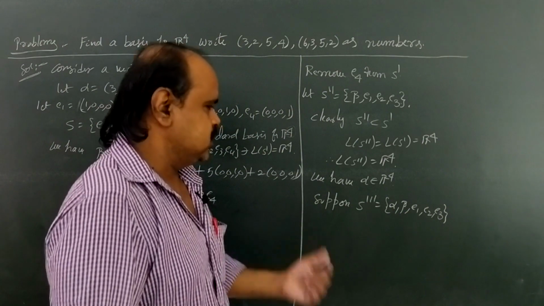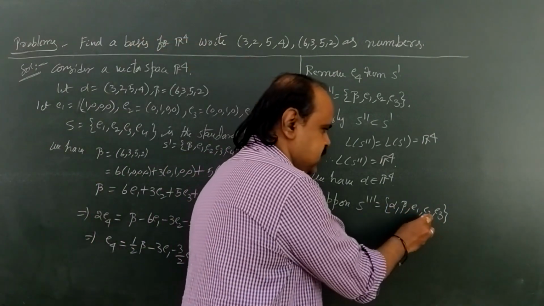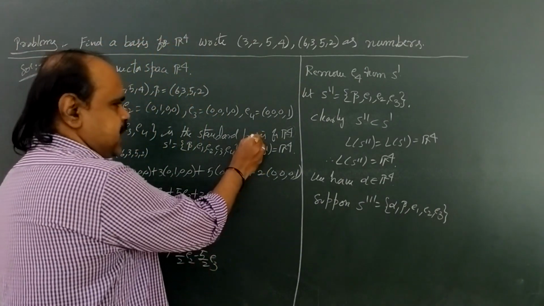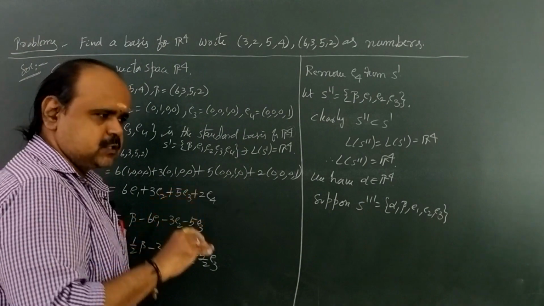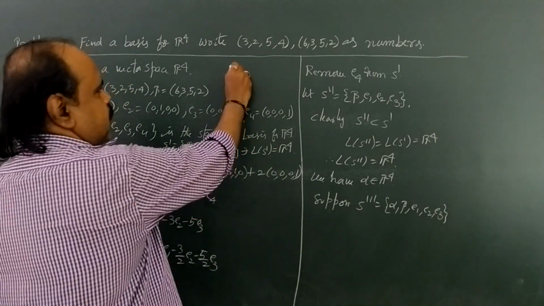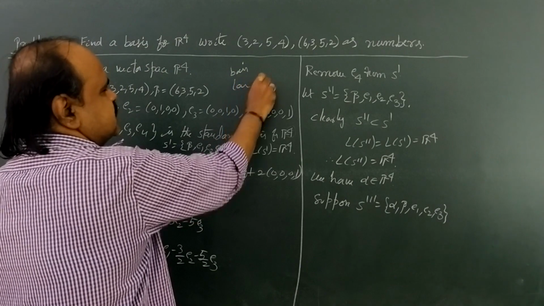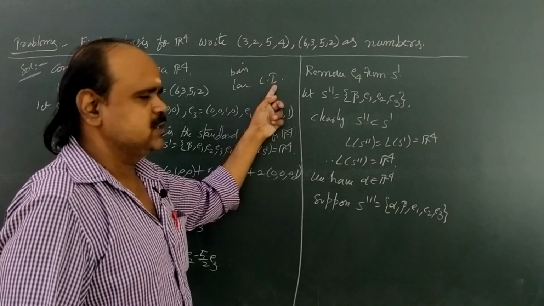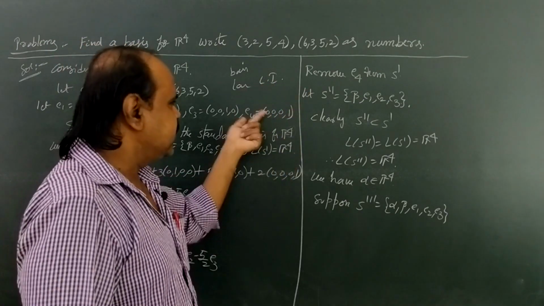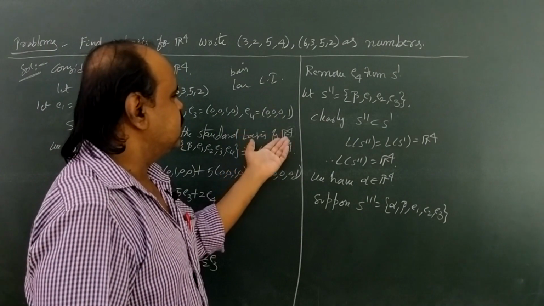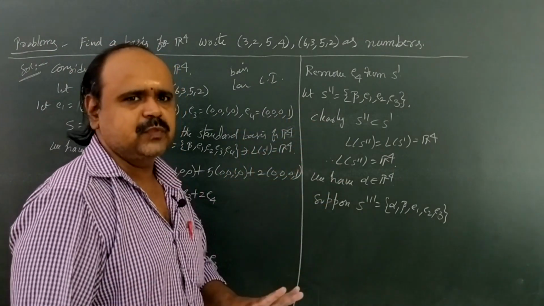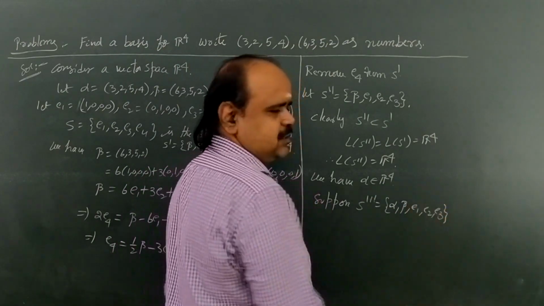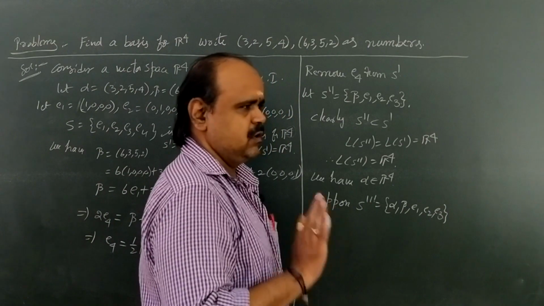Okay, please observe here S triple dash containing 5 vectors. Okay na, we are going to find a basis for R power 4. R power 4 లో basis కనుక్కుంటున్నాము. We already know basis is the largest linearly independent set in R power 4. R power 4 లో linearly independent sets లో largest అంటే పెద్దదే basis. If any set containing more than 4 vectors, it is not LI. But here S triple dash containing 5 vectors, that why S triple dash is not LI.